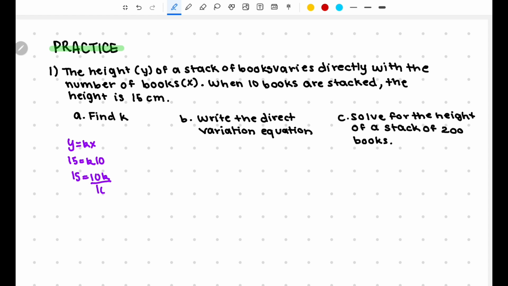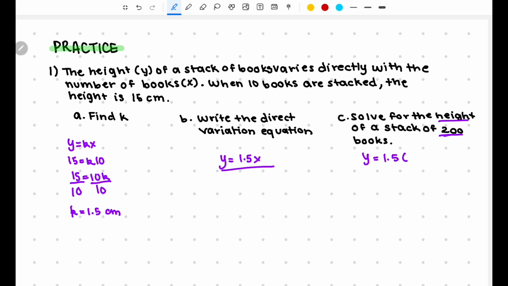So we're going to isolate the variable by dividing both sides by 10, and then we get k is equal to 1.5. So the constant rate of change is 1.5 centimeters. We could also use a proportion to solve this from the very beginning. B, write the direct variation equation. Now that we have found k, all we need to do is plug in k, and there's our direct variation equation. And lastly, we're just going to plug in x as 200 to find the height, y,